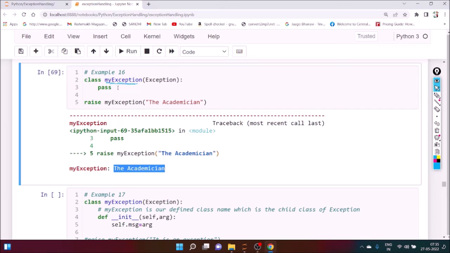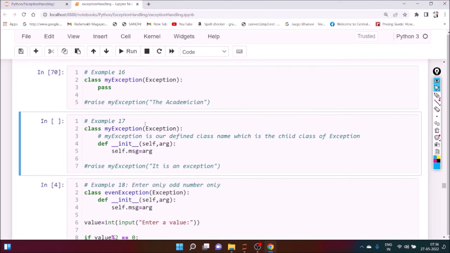Okay, so three parts are there. Every exception is part of the exception class. This is the name of the exception, that is a class. We can invoke it using raise, and here we can pass the message we want to display if the exception occurs. Are you getting my point? So we can see